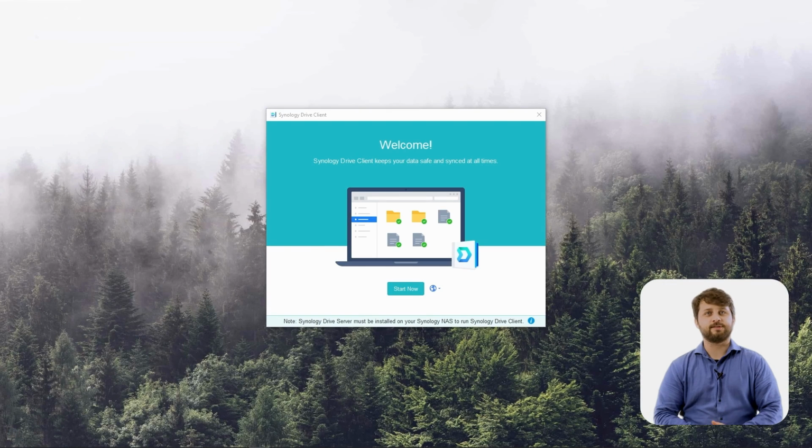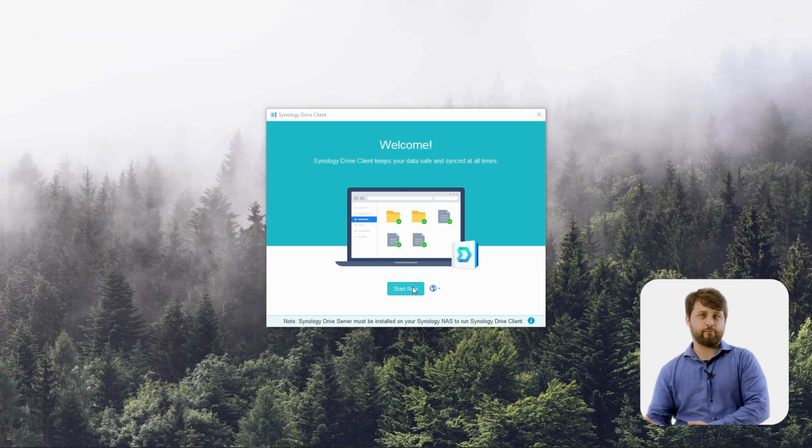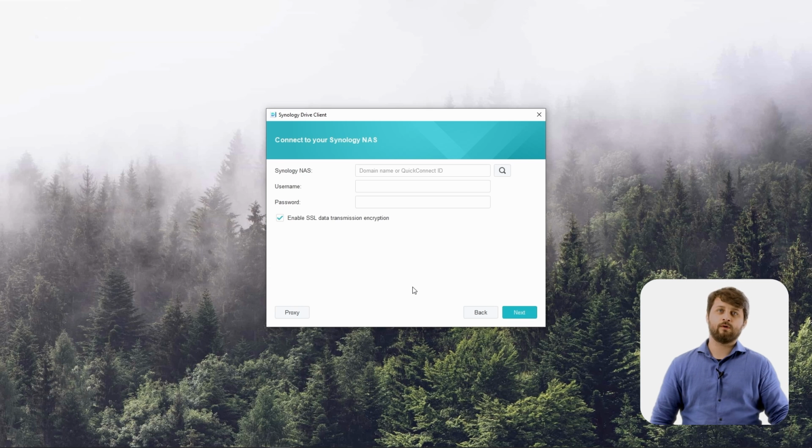So now let's introduce everybody to the syncing environment for Synology Drive. Now, Synology Drive is your private cloud platform. You can utilize the web portal, but something else you can do is create sync tasks to your local PC from anywhere. So what we're going to do is pair our agent, our Synology Drive client, back to our NAS utilizing our Quick Connect address. So we're going to type in Minerva-spot and our credentials and leave Enable SSL Data Transmission Encryption checked so that we have the most secure connection possible.